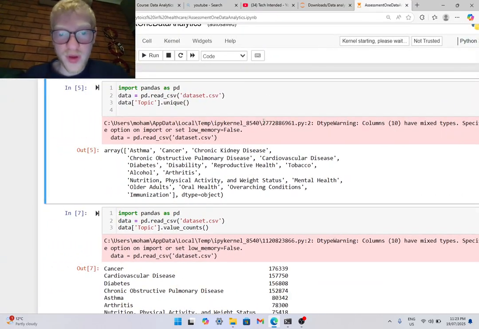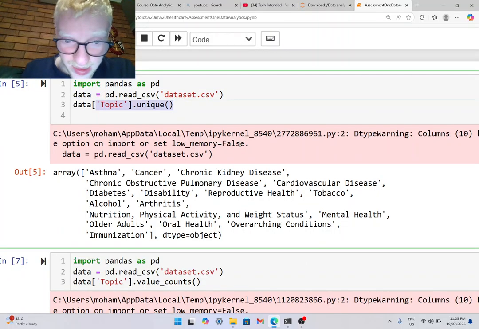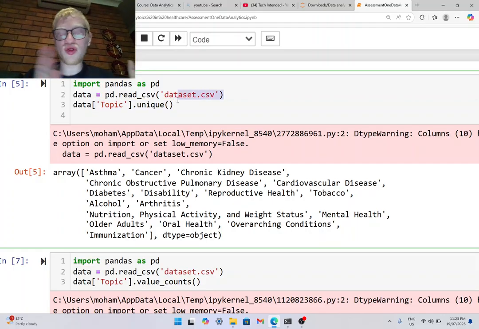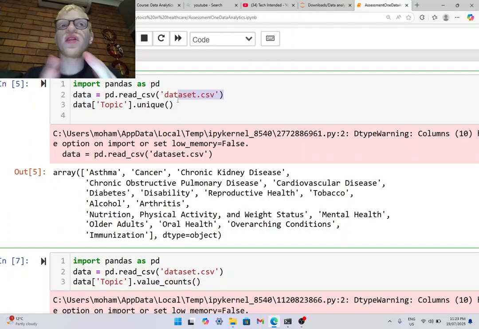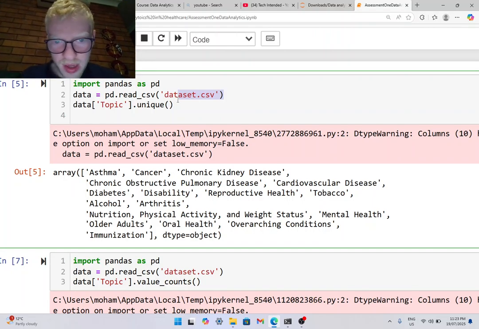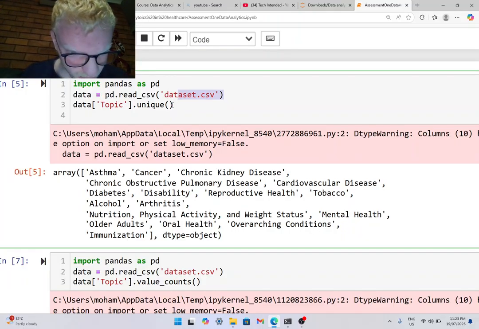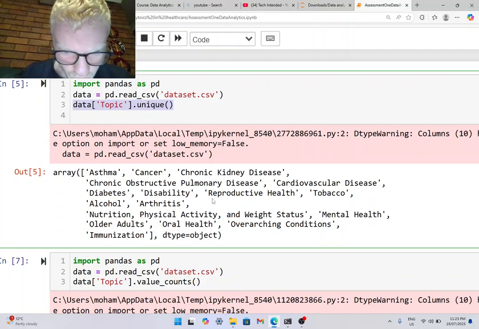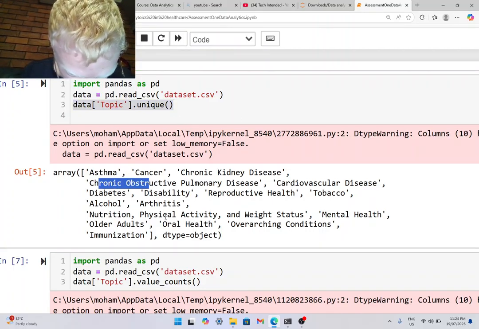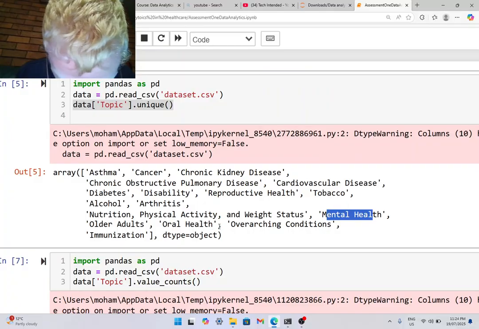So we do have a dataset CSV file and a topic filter. The dataset CSV file is full of many topics. Under each topic there are different things like the number of cases, the year it started, and so much more. In this cell we can see the types of topics based on this filter. The topic filter shows us the topics we have, like diabetes, mental health, oral health, cancer,